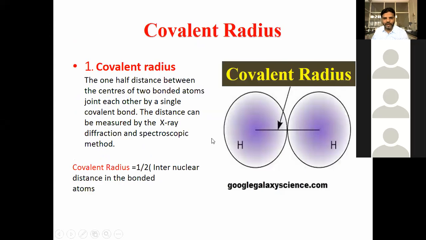So what is covalent radius? See the example of this one. Half the distance between the centers of two bonded atoms joined to each other by means of which bond? Covalent bond. This can be measured by which techniques? X-ray technique and spectroscopic technique. Now suppose these two atoms are bonded to each other by means of which bond? Covalent bond. Okay, now